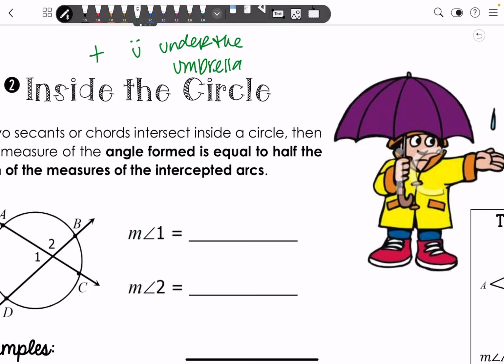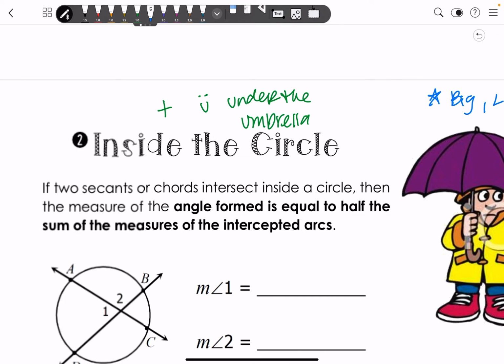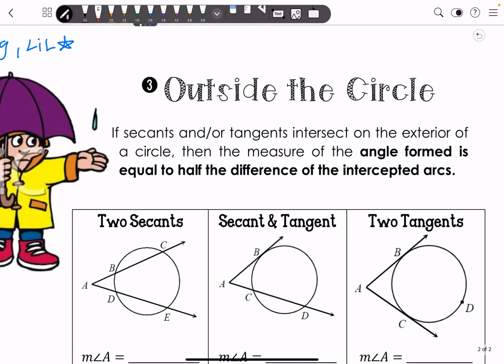Okay? Which means you're going to be adding. And you might ask, hey, what am I adding? Well, I want you to think about it as a big arc and a little arc. I'm going to call it big little. Your big little, you're going to be adding when you are inside the circle. Which means if you're outside the circle and it's raining or it's sunny, you're going to be kind of upset. It's a negative thing to happen to you. So you're going to subtract the big and the little